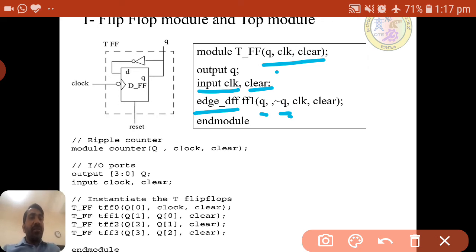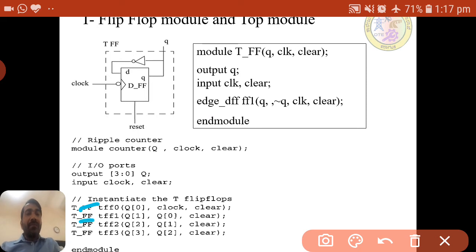Now the same T flip flop we called 4 times. This module name is nothing but the one for which we wrote the data flow modeling, the basic circuit. TFF0, 1, 2, 3 are instance names, and here is the main Q of 0.